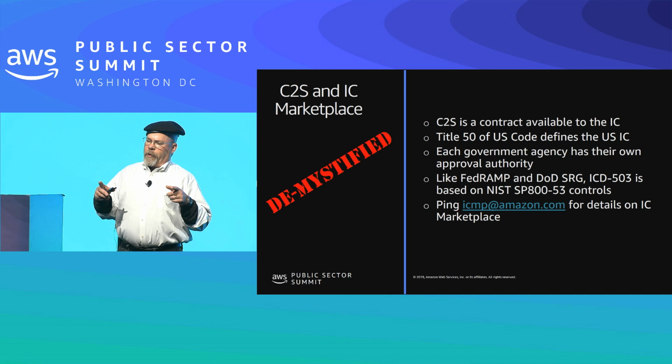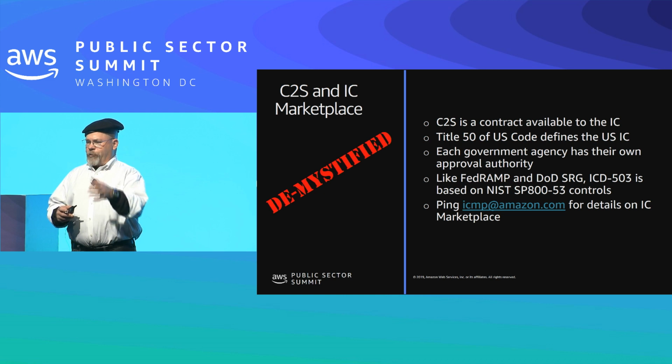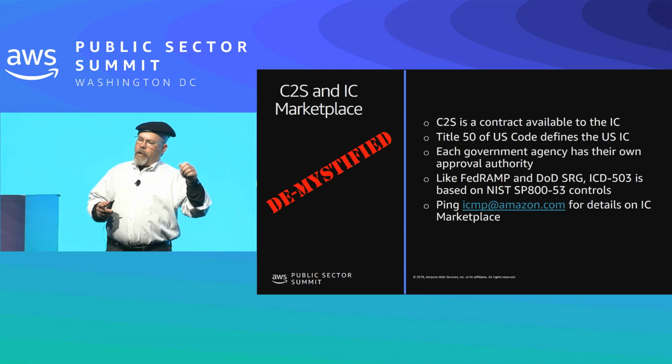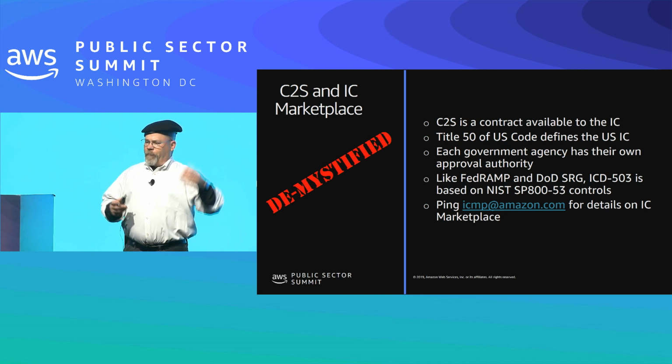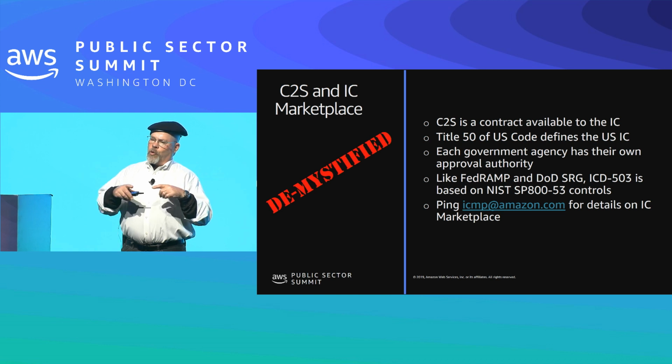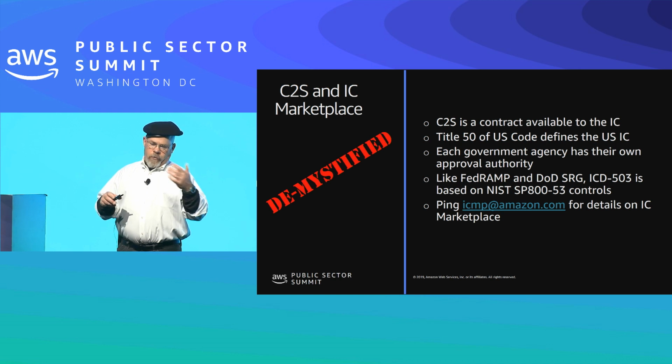And what I think is really good is that NIST defined security controls in a document called SP 800-53. So NIST 800-53 defines the same controls that are used by FedRAMP, that are used in the DoD SRG, that are used by ICD 503. Where the dials are turned on those different controls may be different, but it's the same basic controls, and there are many tools out there that help you manage the accreditation process that can help you get there. If any of you use Telos Xacta, that's a good example of a commercial tool that can help you understand the controls,